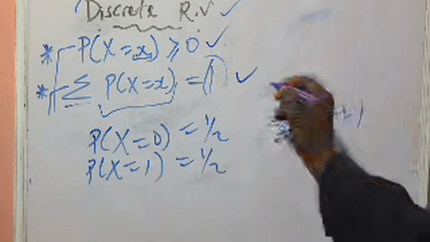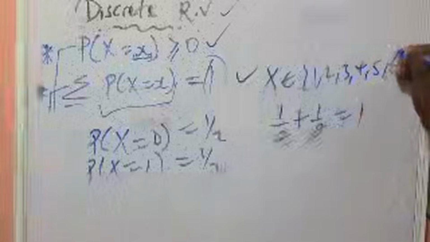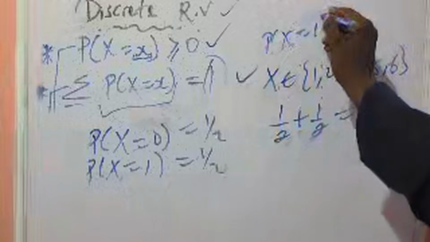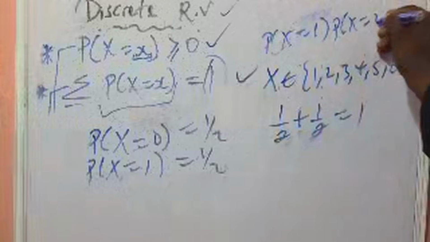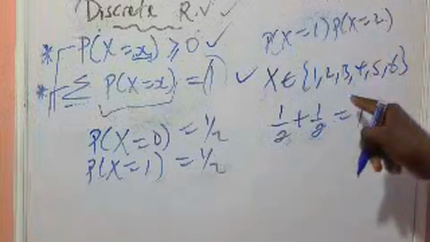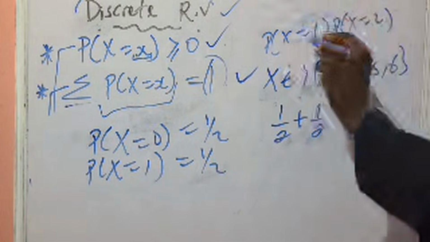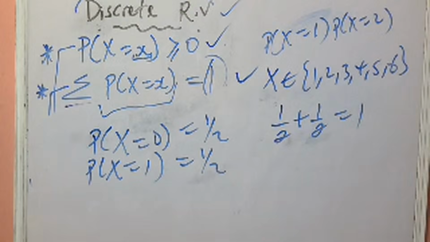The tossing of a die: if we have a random variable representing the numbers we can get, we go on to find their respective probabilities. That means the probability of x equals 1, x equals 2, x equals 3, x equals 4, 5, and 6. Of course, the probability of x being equal to 1, I'm sure you understand this,